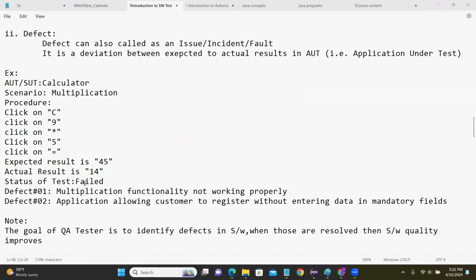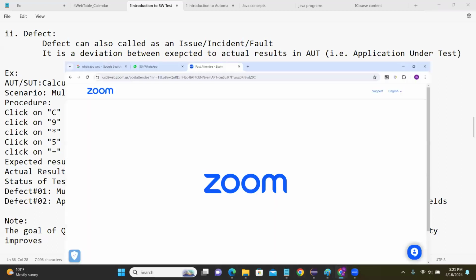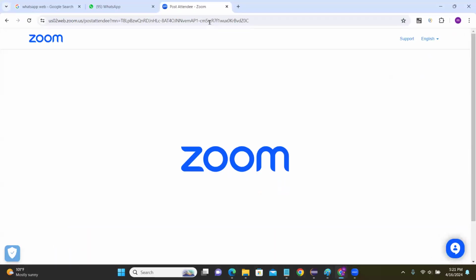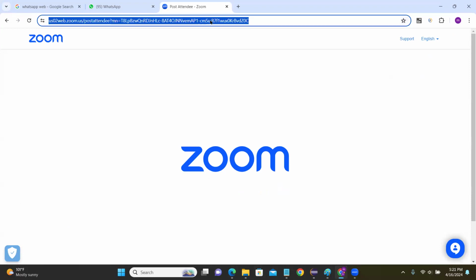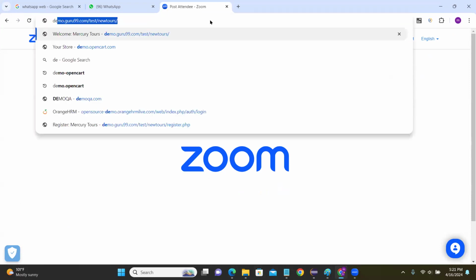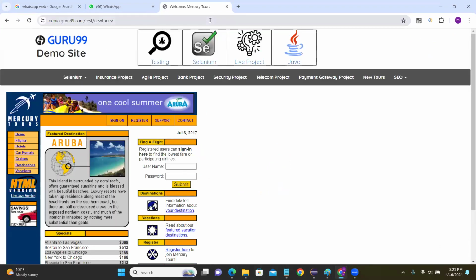Then we can raise a defect: multiplication functionality not working properly. That is a defect we identified. Now in a similar way, if I go for the